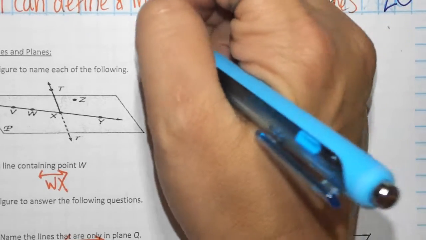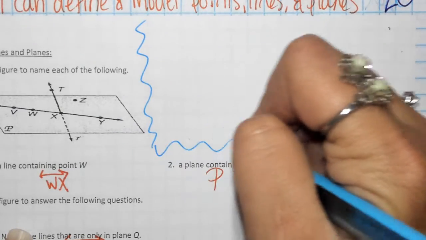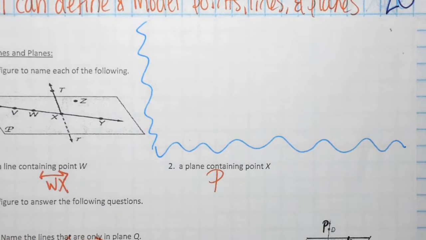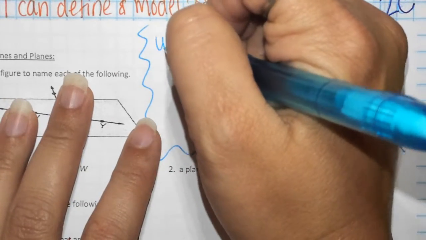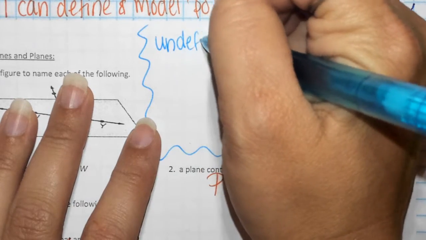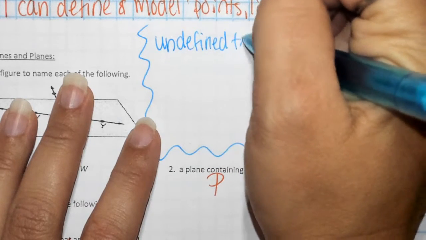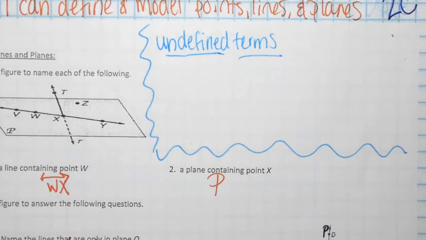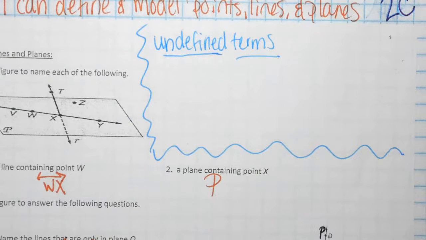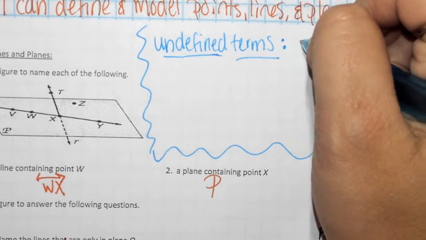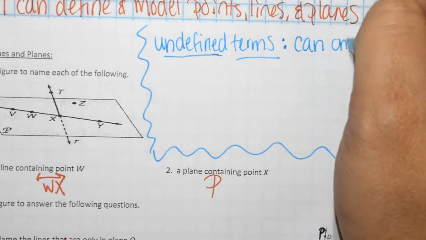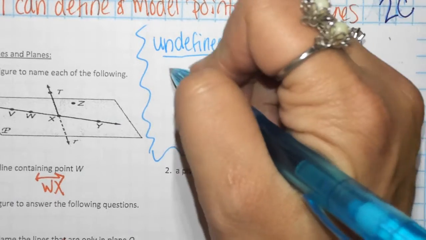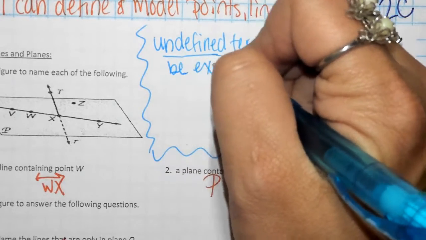The first word that we need to define is undefined terms. And we're going to give a definition to the word undefined terms, which is kind of humorous. So undefined terms are things that you need an example for, like points, lines, and planes. So the definition is can only be explained